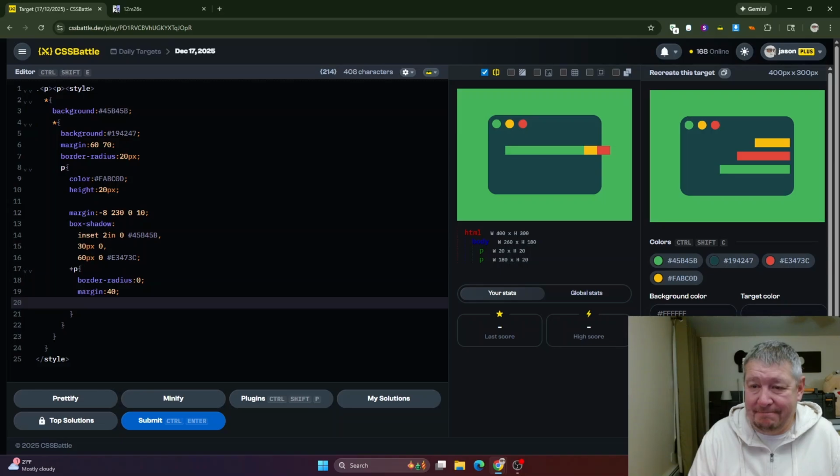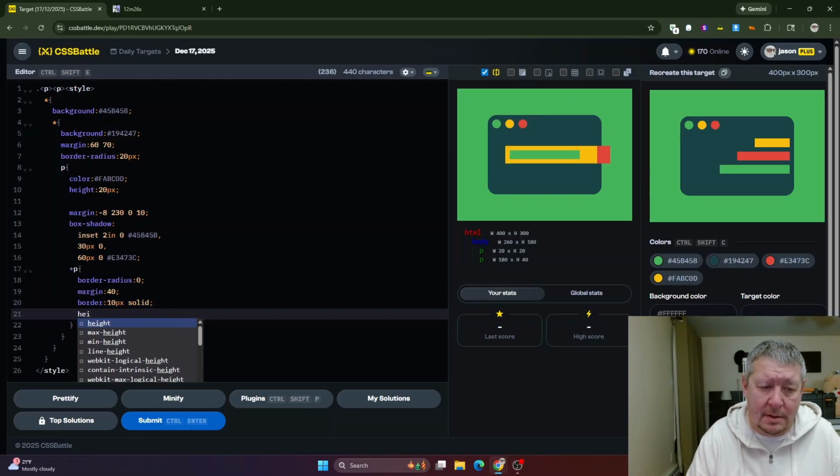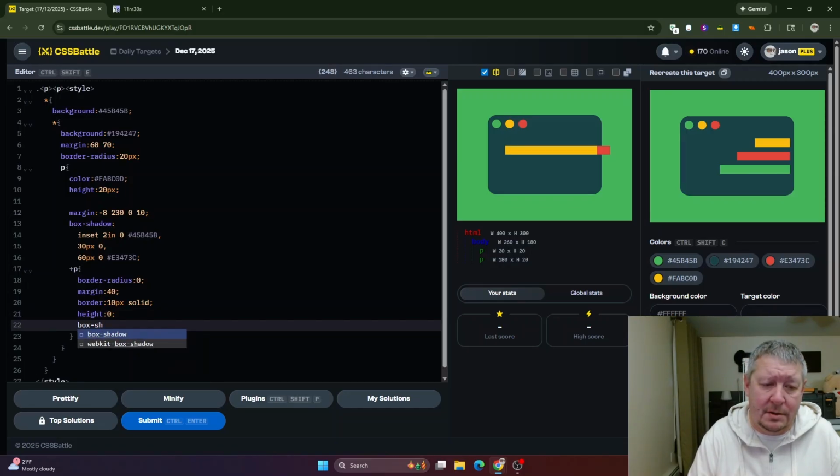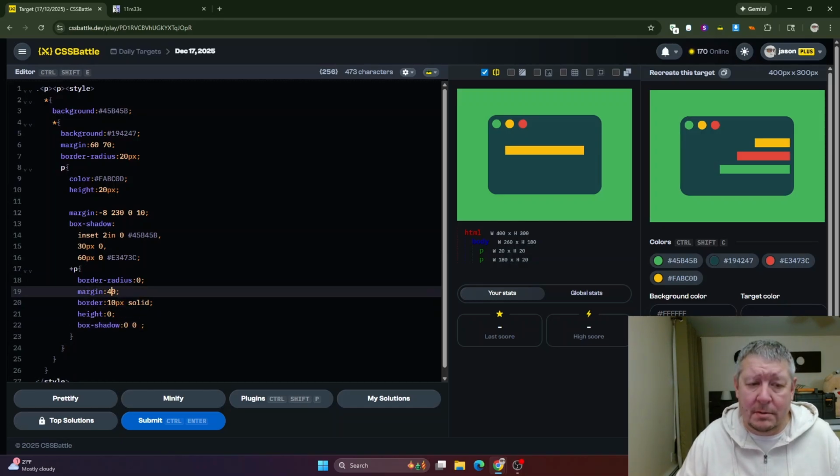Okay. Border. What is the height of this? 10. Actually, can we do border? Doesn't matter. And solid. Has to be pixels though. Pixels. Height 0. Box shadow 0, 0. All right. Margin 30, 20,